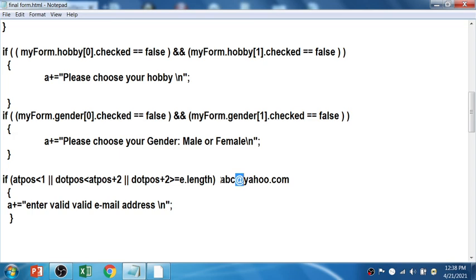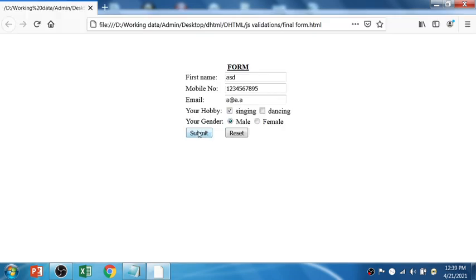So I'll show you. See, first name, mobile number, I'll enter the correct 10-digit number, a dot a, and the mail. Let's see, enter valid email address, only one error, right?